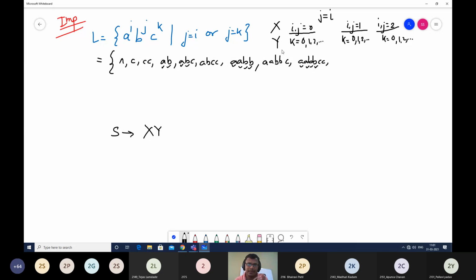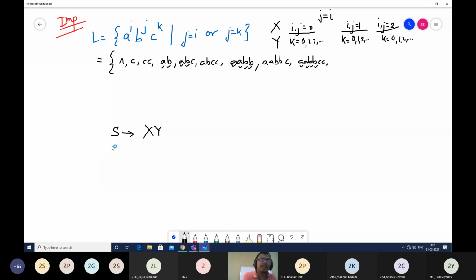So first my X pattern will come. That X pattern will ensure that my number of A's are kept same as that of number of B's. And after that A's and B's are completed, then my non-terminal Y will come. And that Y will help me to maintain my number of C's in my string. So sequence will be X and Y. X will be for balancing number of A's with number of B's, and Y will be for maintaining any number of C's. So what will be X in that case now?